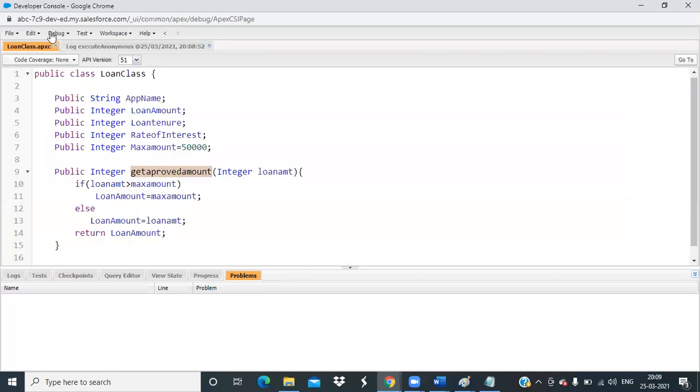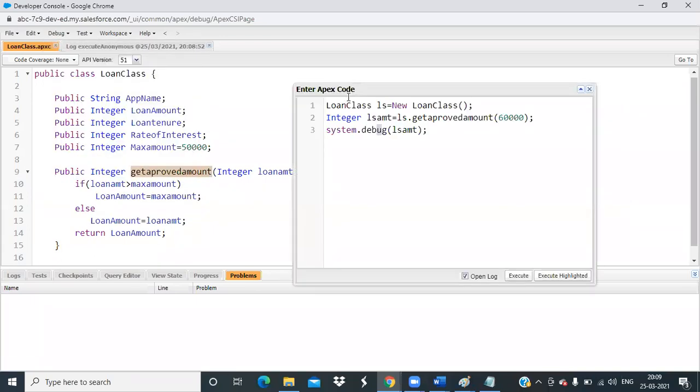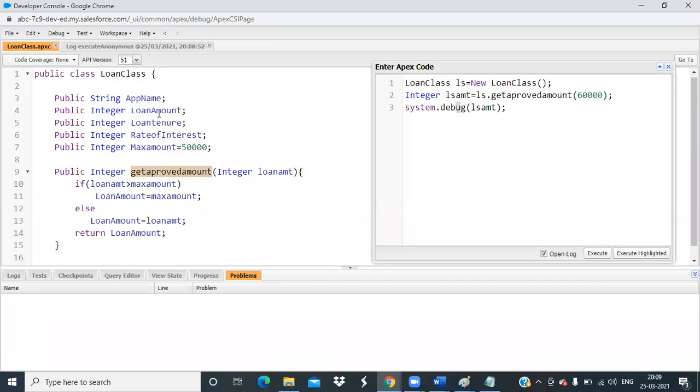Let's understand this code. What have we done? We have created a loan class. These are the loan attributes. Then we have a method, get approved amount. We are passing a loan amount to it. This loan amount will be checked against this maximum amount which could be approved. If it is within the limit of 50,000, we will approve whatever amount is asked for. Otherwise, it will approve only the max amount.